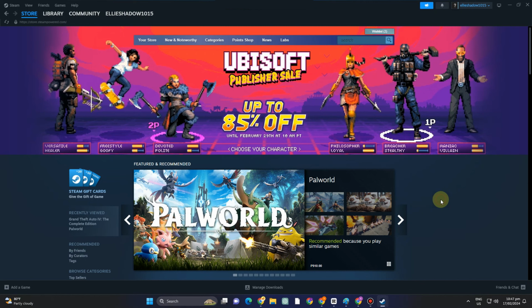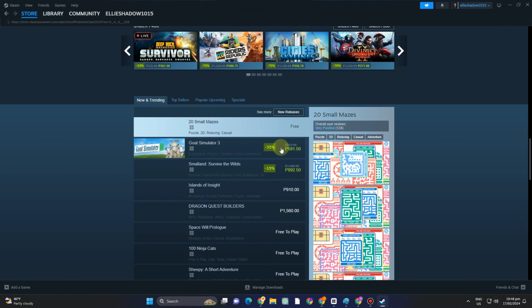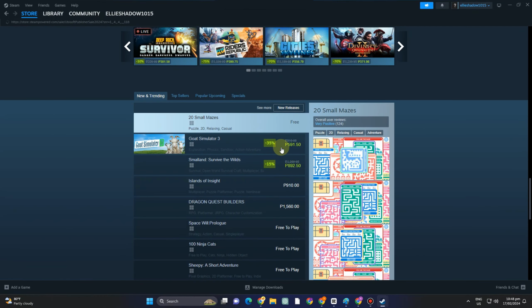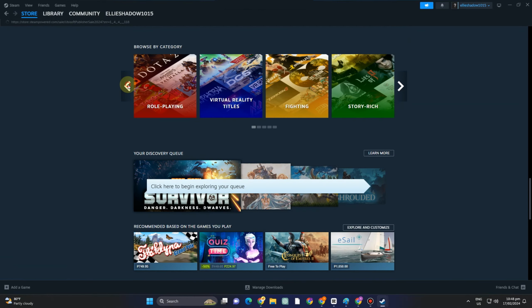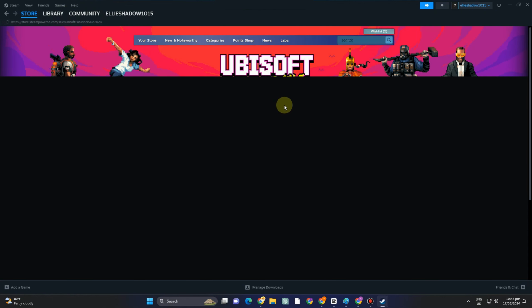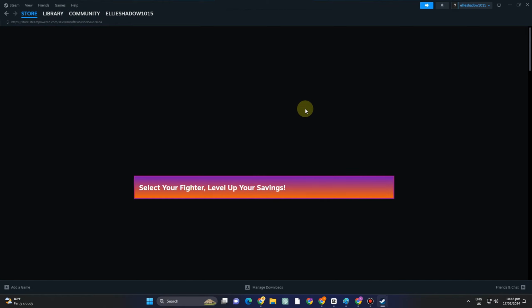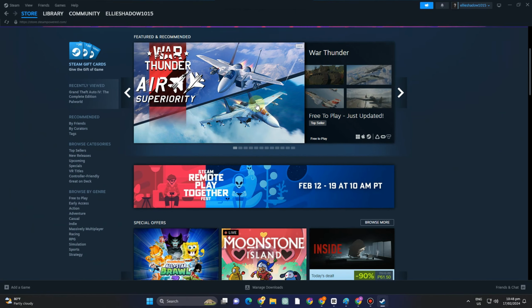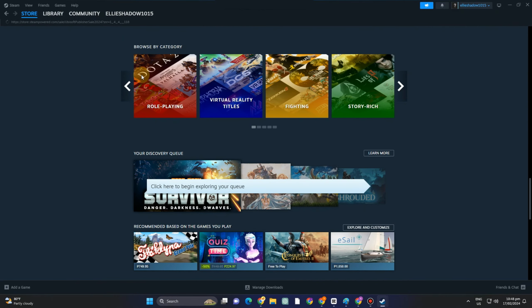Now you can go back to your store and then purchase the game that you want to purchase. But always remember that while doing this transaction, you should stay on your selected country and never go back to the real one. You should still be connected to your Privado VPN and you should stay on your selected country,